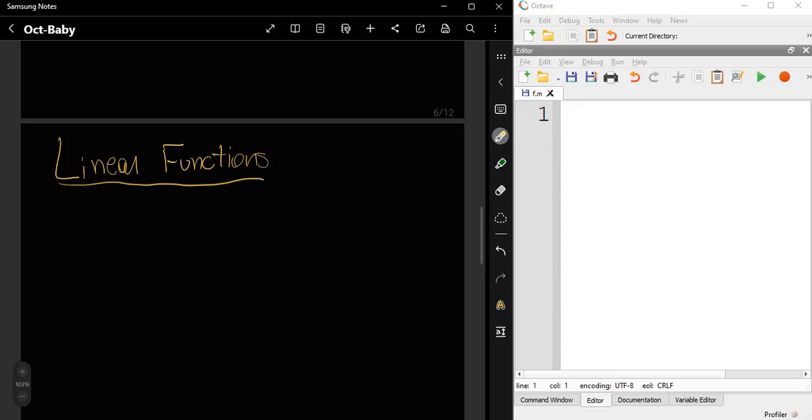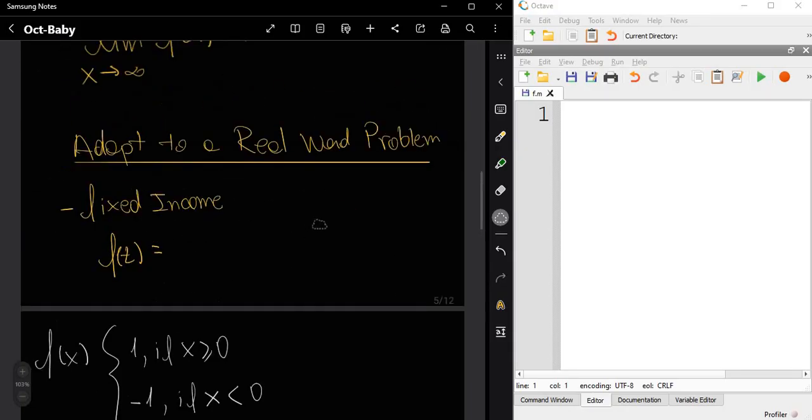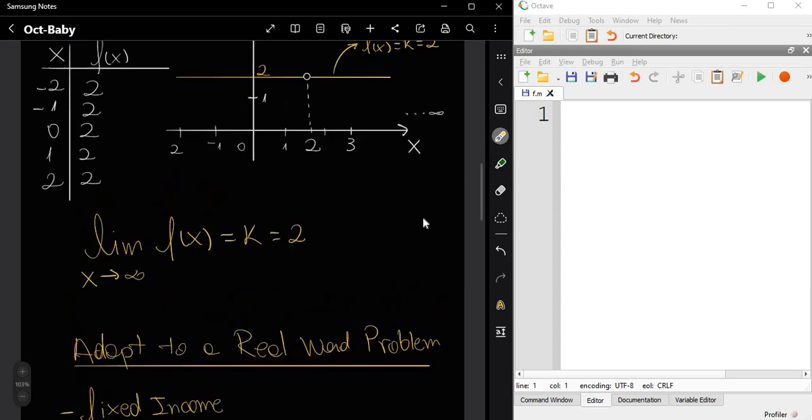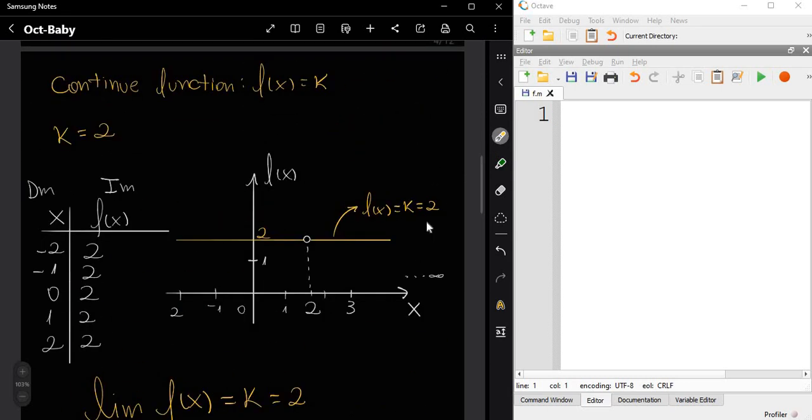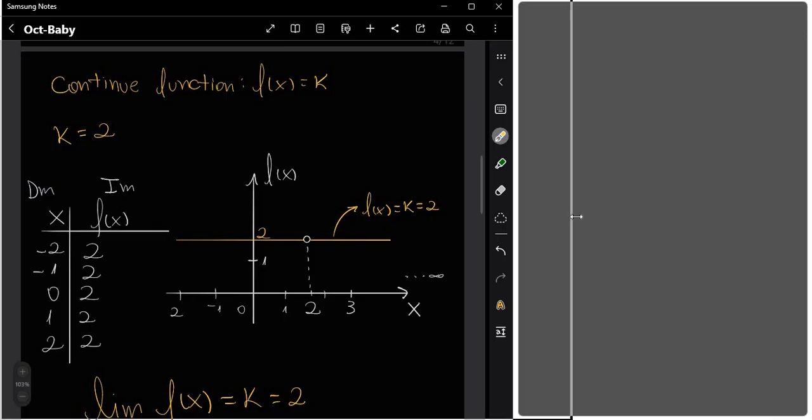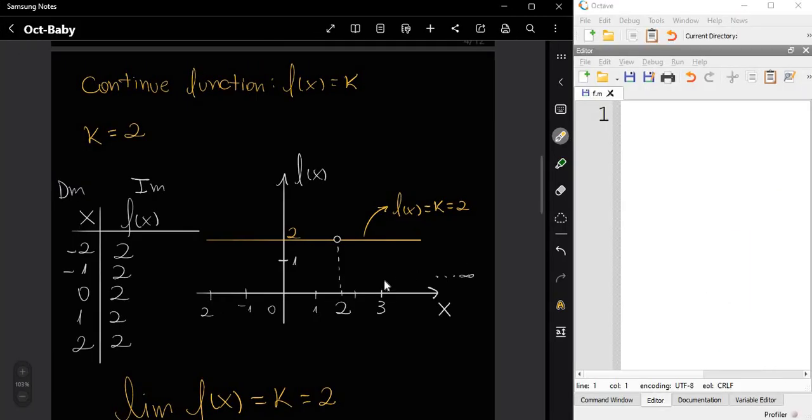And before that, I wanted to try to adapt this problem to a real world problem. So we are trying to adapt these problems to financial problems.